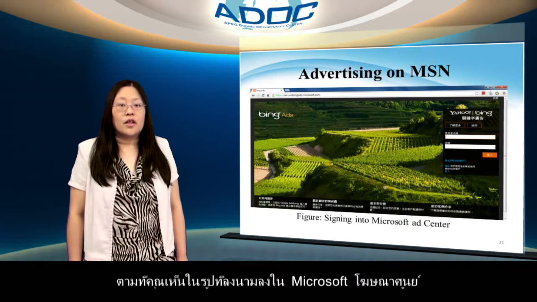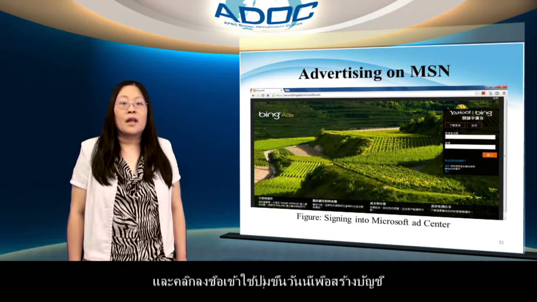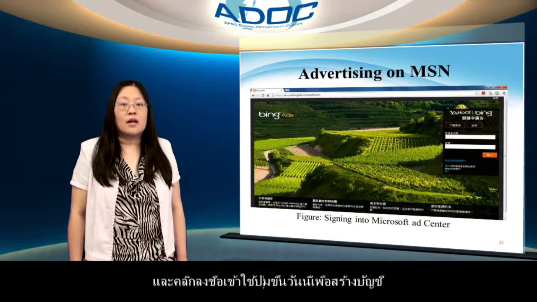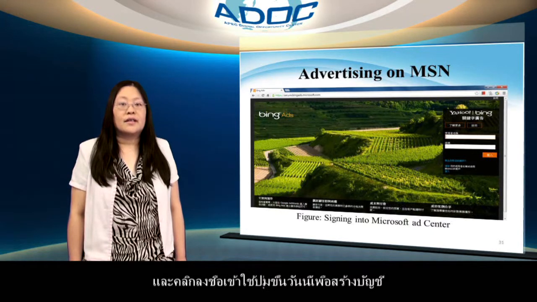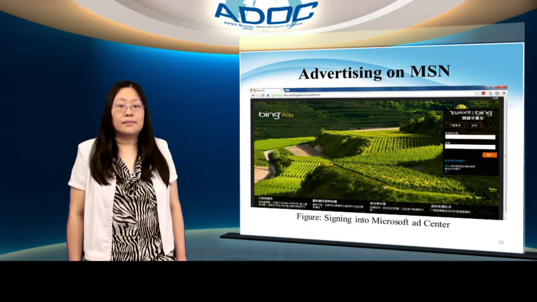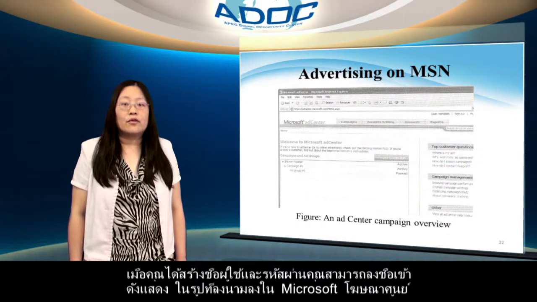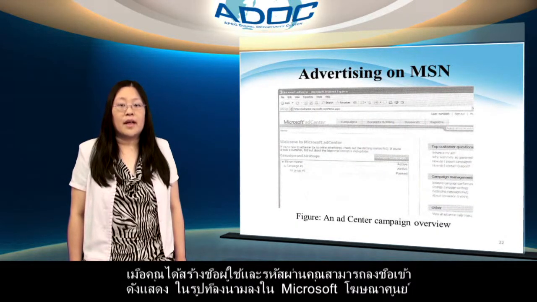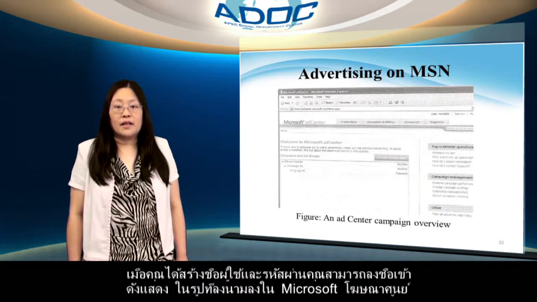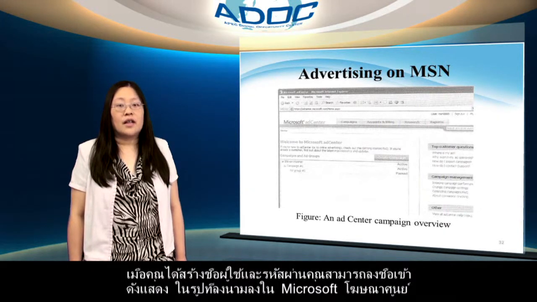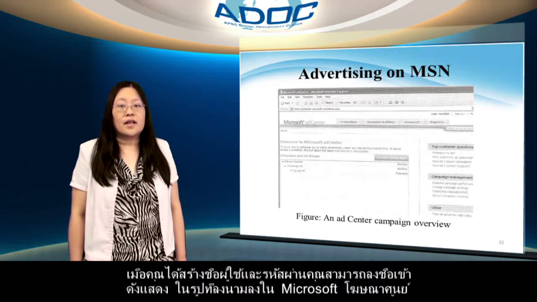As you see in the figure, sign in to Microsoft adCenter and click the Sign Up Today button to create an account. When you have created a username and password, you can sign in, as shown in the figure. Sign in to Microsoft adCenter.